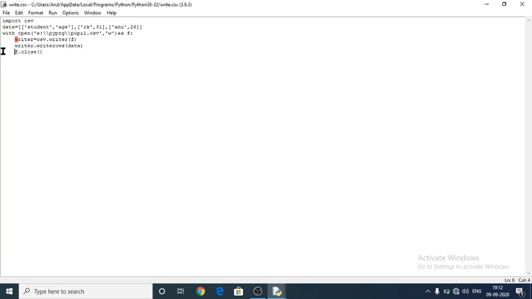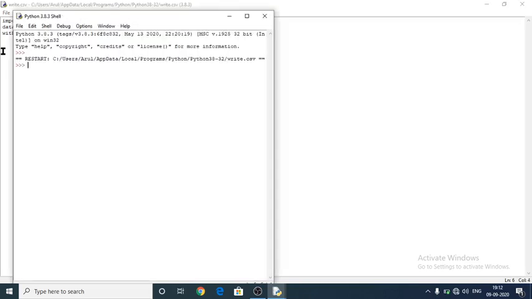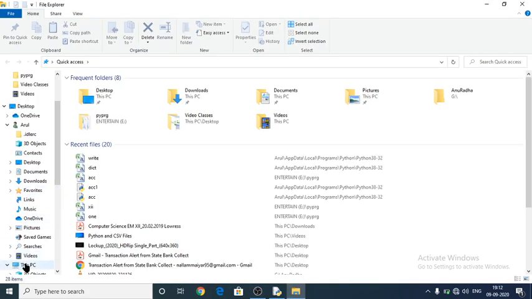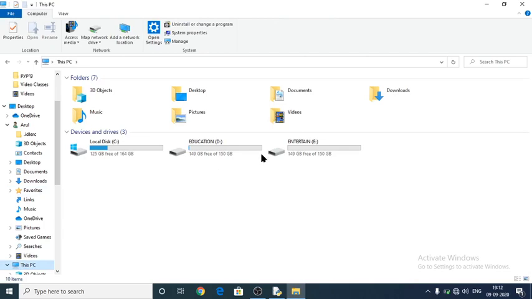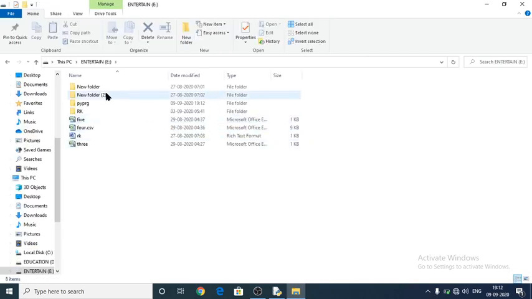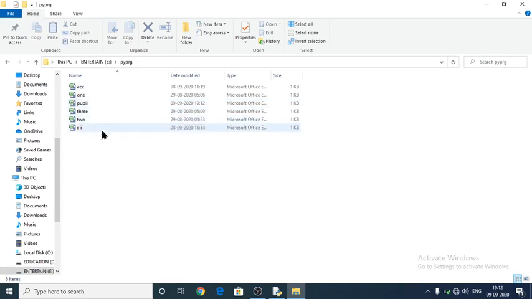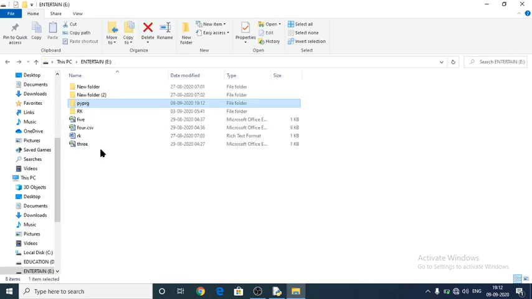So now it has been corrected. Now go to the destination place, just see whether the file has been created or not. Go here. No, the file hasn't been created here.